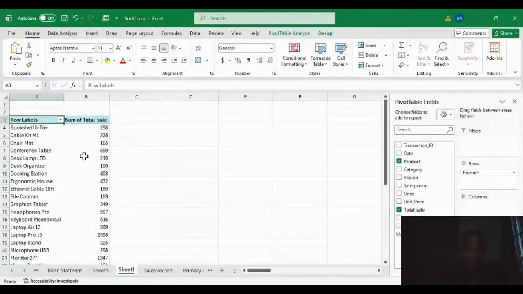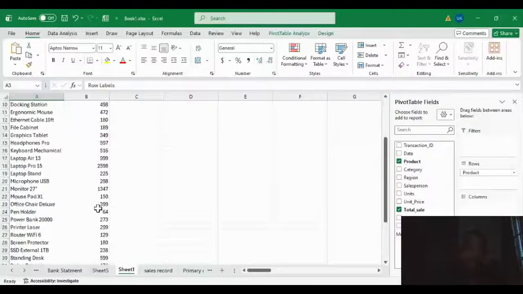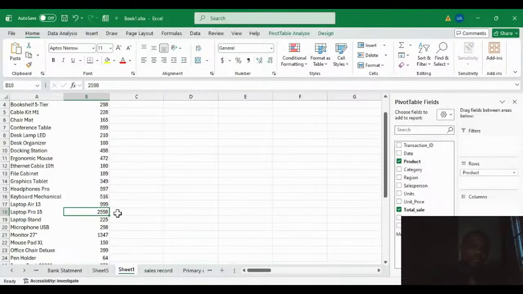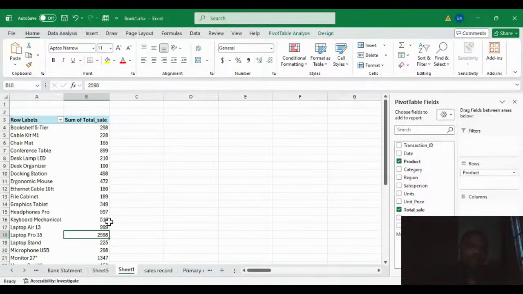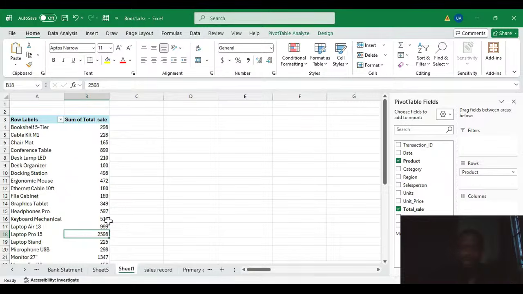So you just scroll down like this, you will see your total sales. Although you can actually rearrange this from the max to the lowest one. We'll look at that later on in the class. But this will tell me that Laptops Pro has the highest number of sales so far